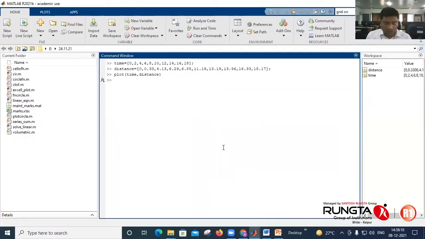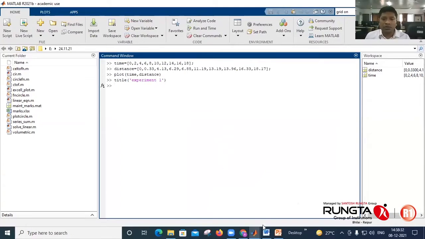Simple command: type title and single quote, write your title, like experiment 1, single quote complete, bracket complete, and enter.